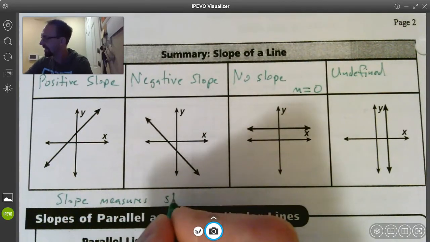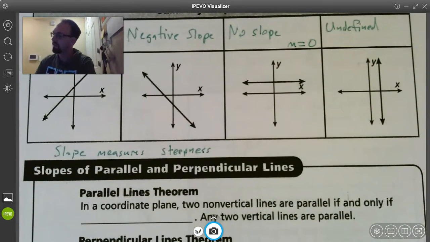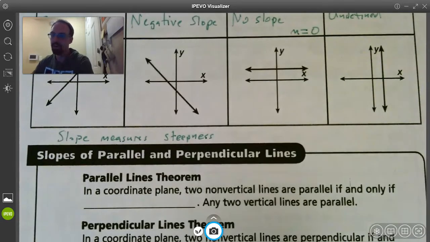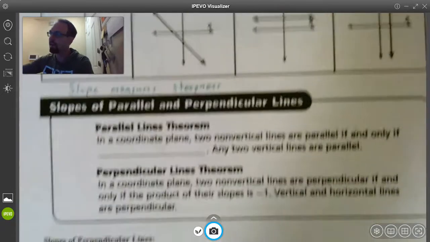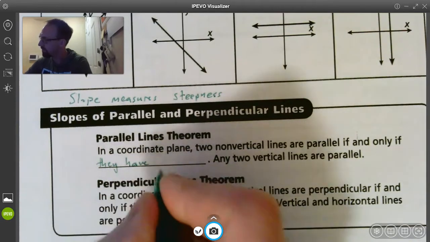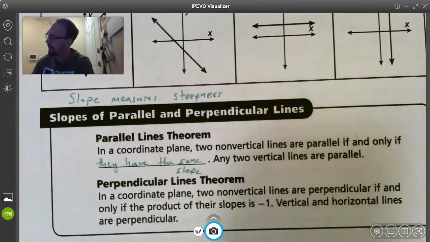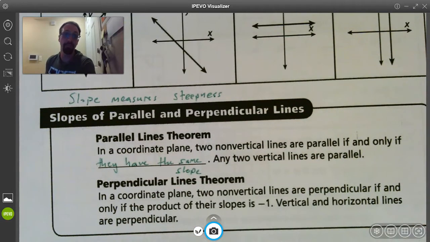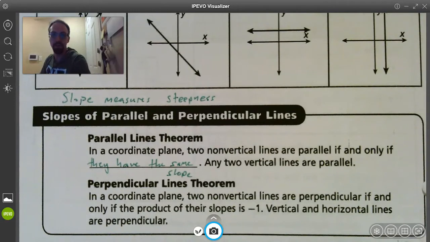Slope measures the line's steepness, how steep the line is. If we have two non-vertical lines, they're parallel if and only if they have the exact same slope. And all vertical lines are going to be parallel, as long as they're not the same line. And then perpendicular lines, if the product of their slopes is -1,